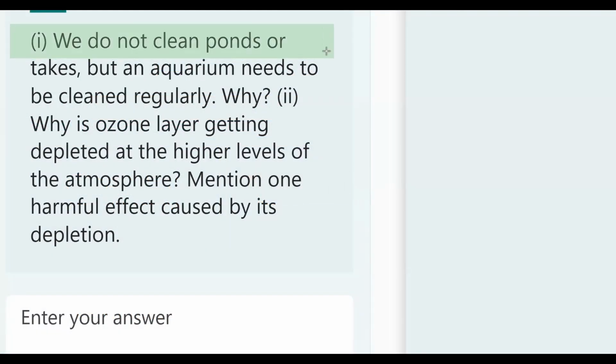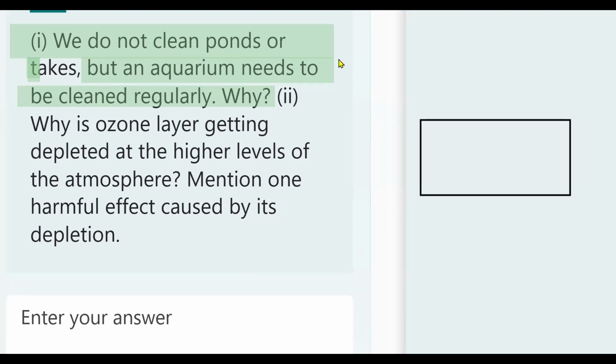In this question, it says we do not need to clean ponds or lakes. It should be lakes, right? It should be lakes. But an aquarium needs to be cleaned regularly. Why is that the question? So what we know is that in a pond there are many microorganisms